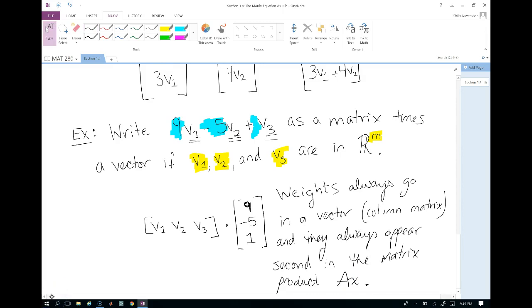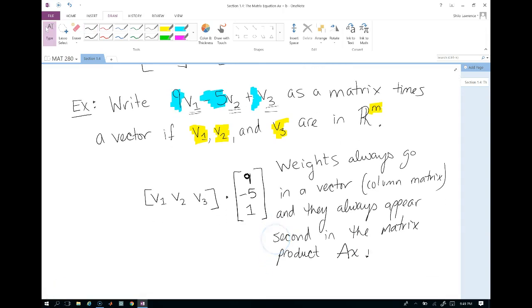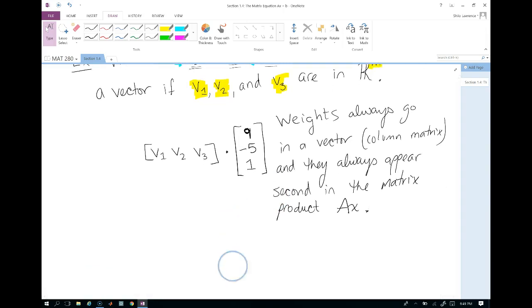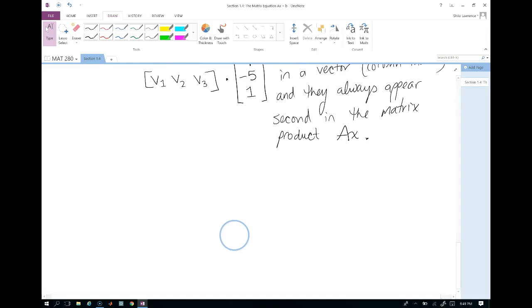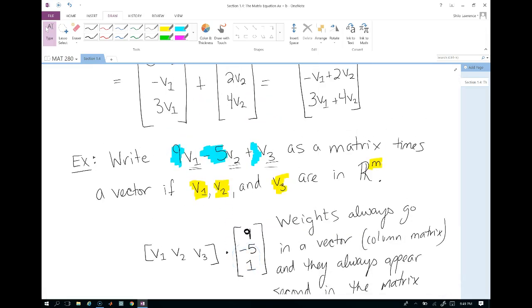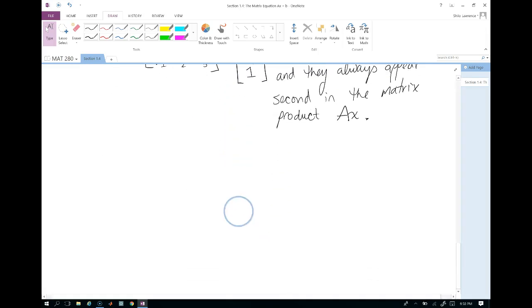Now that we've done a few examples with the a times the x and how to multiply it and also how to pull them back apart, we've just got one more step to do what we said at the beginning of this section, which was figure out how to write ax equals b. So the only part we're missing is the equals b, and that's the part where the systems of linear equations come in. So for a system of linear equations,